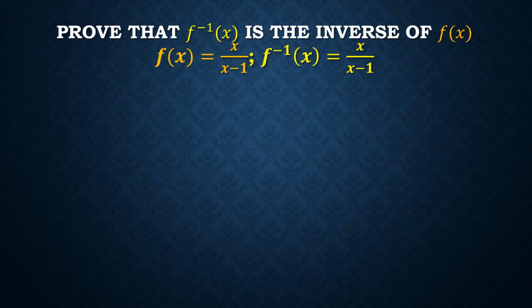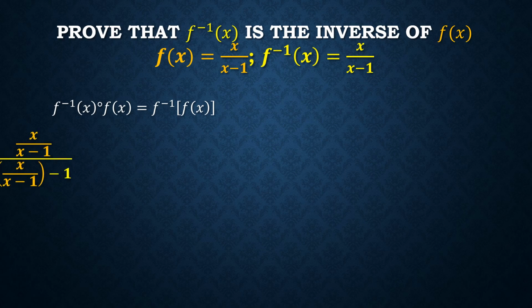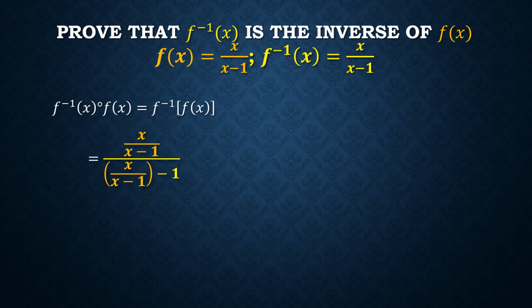Let's prove that the inverse of x over x minus 1 is x over x minus 1. So, we have here f inverse of f of x. So let's substitute. So let's look at these expression. So copy natin x over x minus 1. Ito na siya. Pero lahat ng x dito, gawin nating x all over x minus 1. Yan na siya. After that, yung sa denominator, ayusin natin na maging common ang kanilang denominator para mas